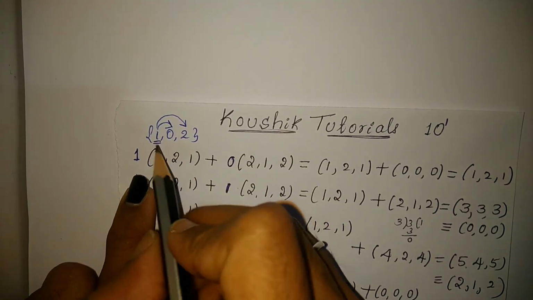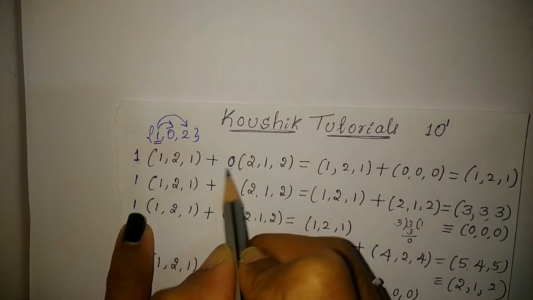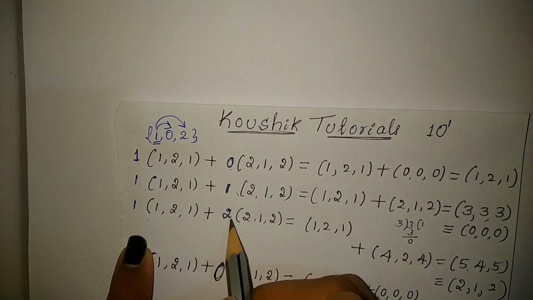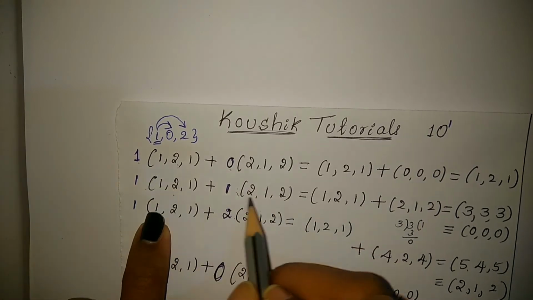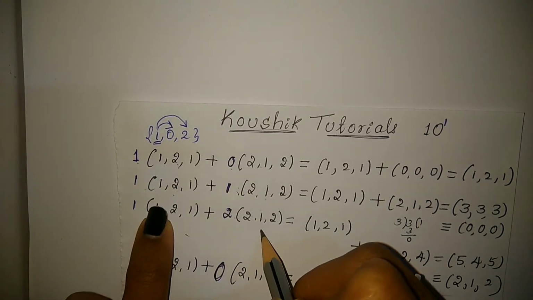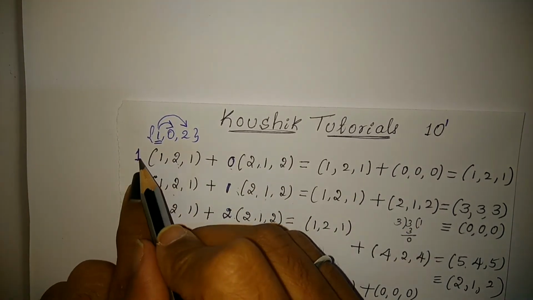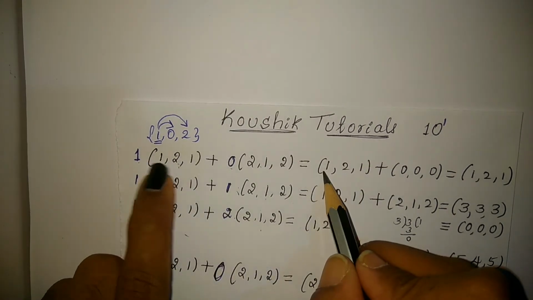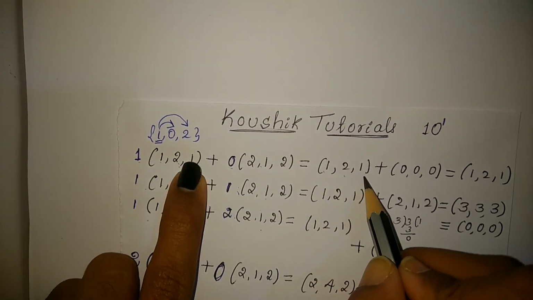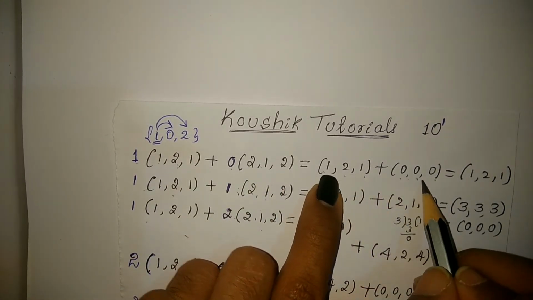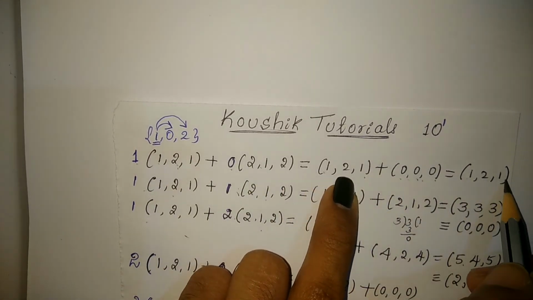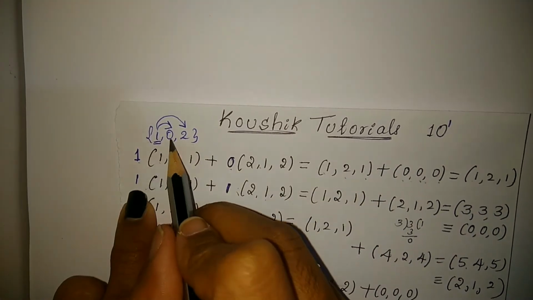So we get 0 0 0, 2 1 2 and 1 2 1. Okay. So next step. Now I am considering 1 with 0, 1 with 1 and 1 with 2 for the scalars. So vectors are same, alpha 1, alpha 2. Is it clear? So now 1 into 1 2 1, plus 0 into anything is 0, 0, 0. If I add these two, we get 1 2 1. Okay. So 1 with 0 is over.